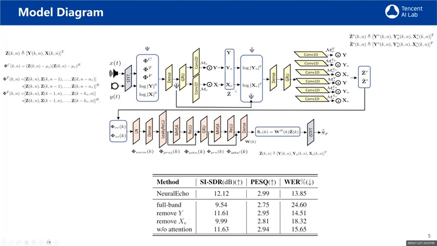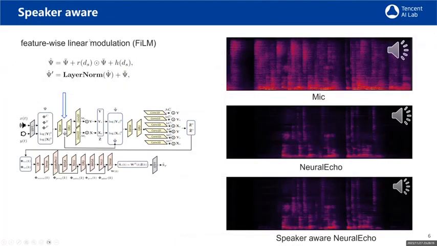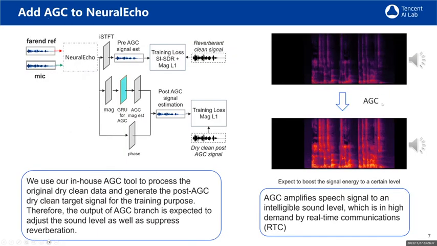That means the so-called echo estimation channel are important for the following multi-channel processing. The last one is that by removing the attention, performance is slightly degraded. By adding the speaker information to extract the features, it helps the network to better extract the target speaker from the mixtures. We see that usually the microphone receives the signal with a weak energy, so by adding the